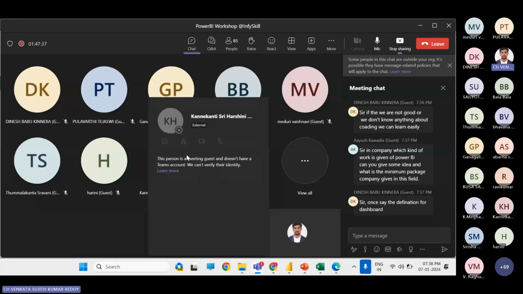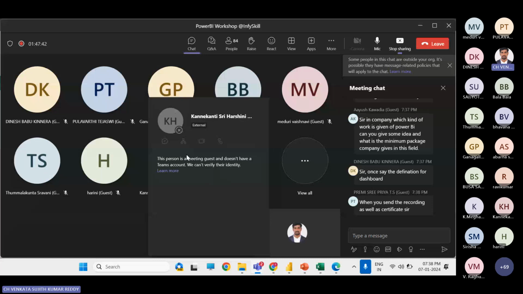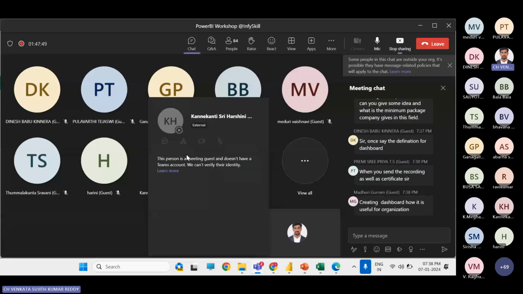So they will create one dashboard. In this dashboard, they will show clearly how many issues they have and how they are going to improve it. Everything will be done by this Power BI developer. I think I have answered your question. Next thing is the definition of the dashboard. A dashboard is nothing but creating some visuals in a single page, interactive visuals.